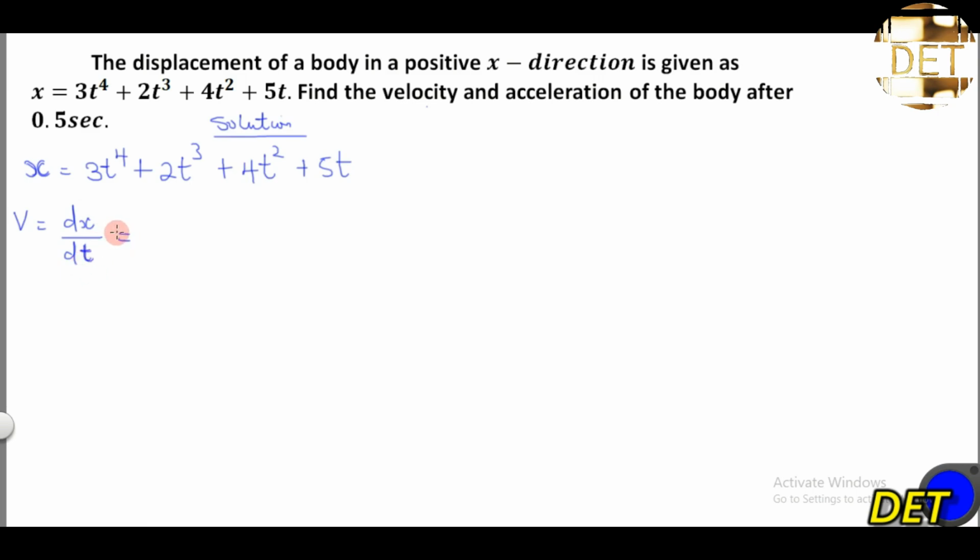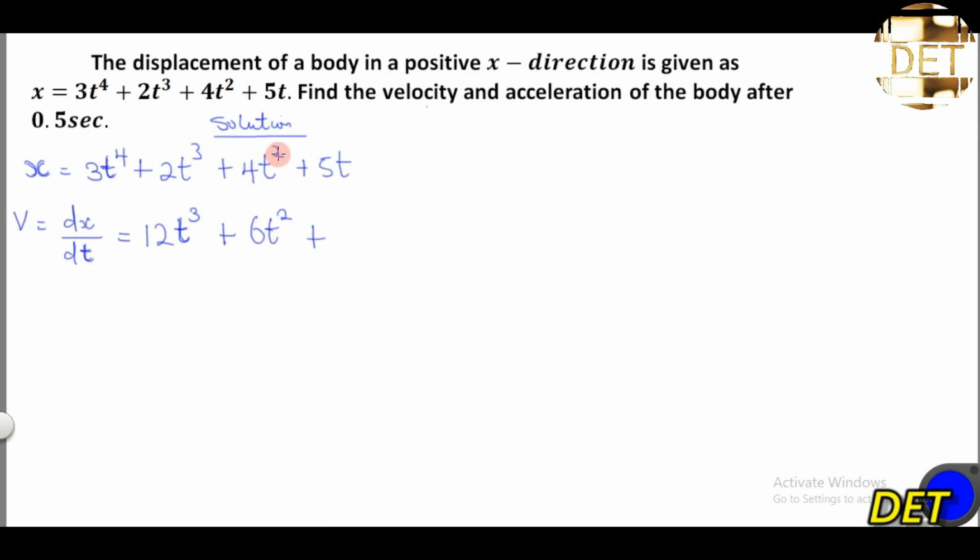So using the general principle of differentiation, how do I differentiate this? I will use this power of 4 to multiply this 3t. So 4 times 3t will give me 12t, and then I will subtract 1 from the power. 4 minus 1 will give me 3. So that will be 12t raised to the power of 3 plus. I will use this power of 3 to multiply 2t. So 3 times 2t will give me 6t, and I will subtract 1 from the power of 3. So 3 minus 1 will give me 2, plus